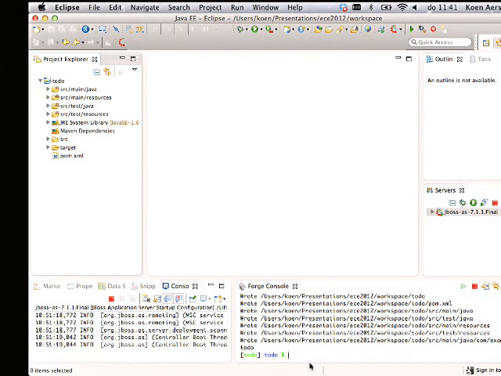Okay, so let's continue this application and try to add persistence, because I told you it's going to be a JSF application with two entities. Now, I cannot create an entity here because I don't have the persistence set up, but Forge helps in a good way here. There is a command persistence,